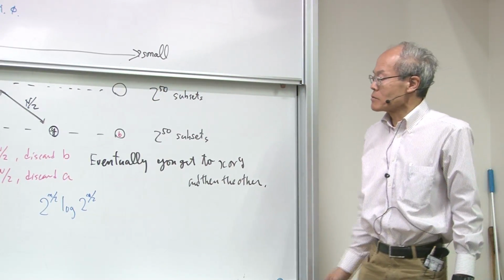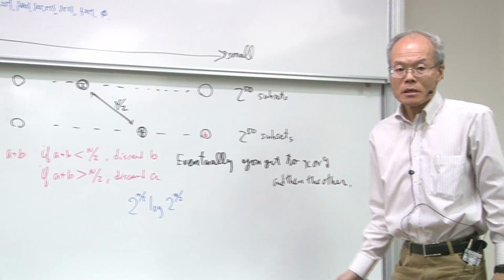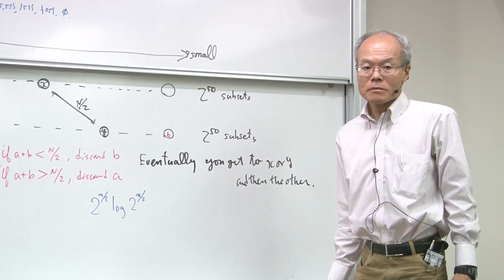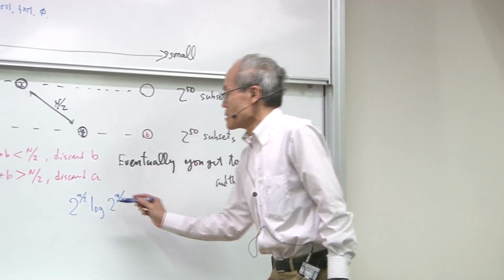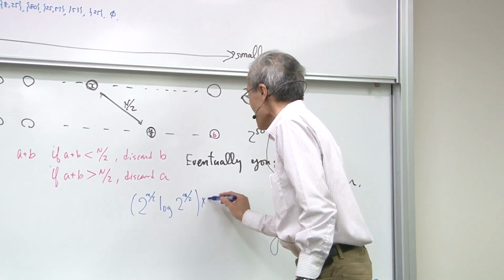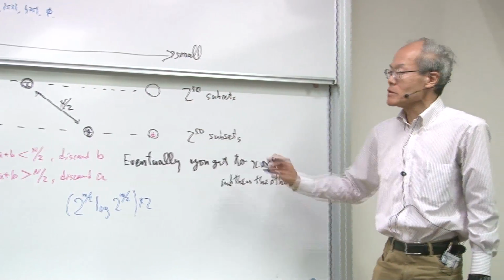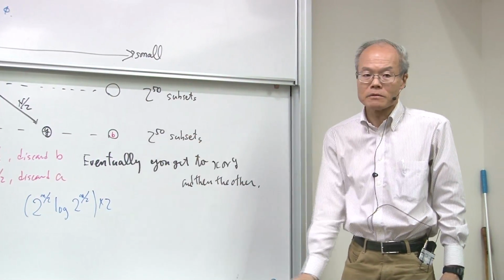We have 2 to the n over 2 numbers, and we need to sort them. So we need n log n, multiplied by 2, because we do the same thing for two groups,